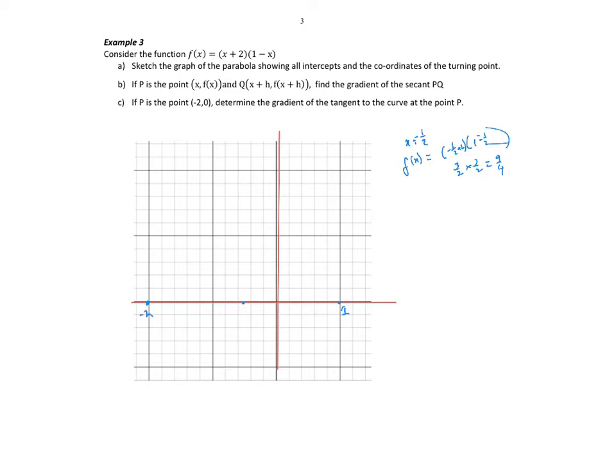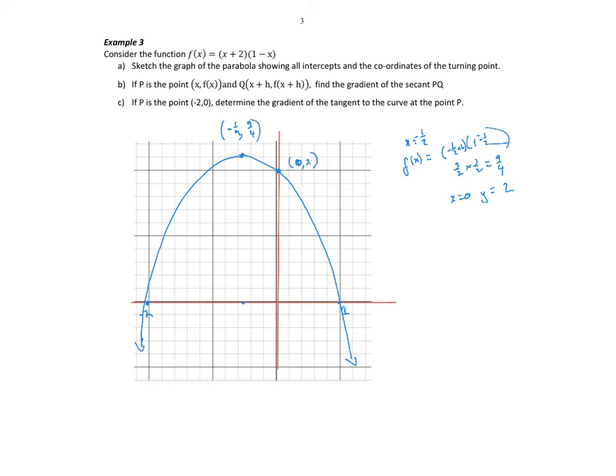So 9 on 4 is 2 and a bit, so that's all right. I can get about up there. If I put x equal to 0, y will equal 2 times 1, which is 2, so it's fairly tight. So we can sort of go, it's not bad. Something like that. It's pretty good. What do I want to say there? We're going to say -1/2, 9 on 4,